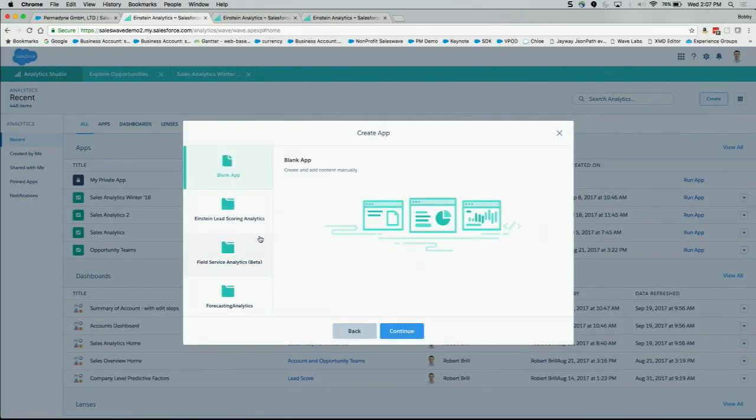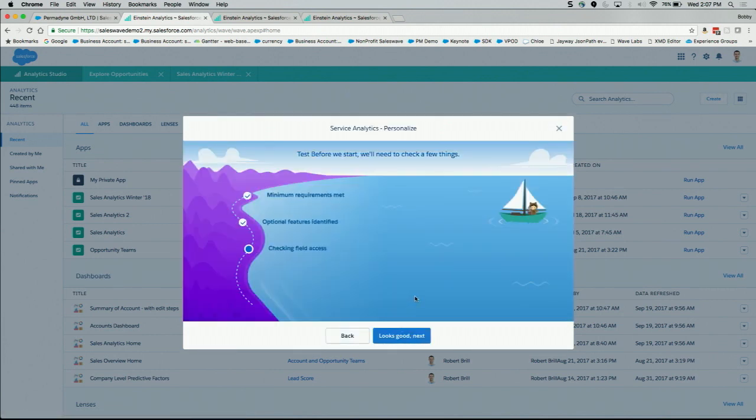So as I click Create App, scroll down to Service Analytics, you're going to see a new page show up that's actually checking some minimum requirements, looking for optional features, and detecting all those fields that you might be bringing into the system to make sure that they're compatible with Einstein Analytics. So this page will actually look at your settings and make a recommendation on what settings to use in the